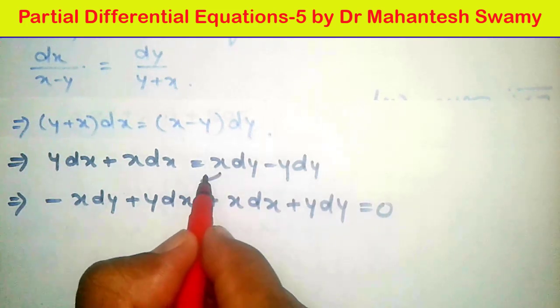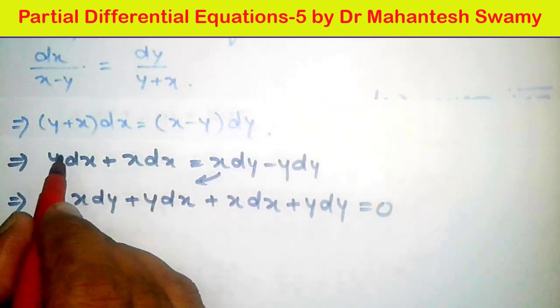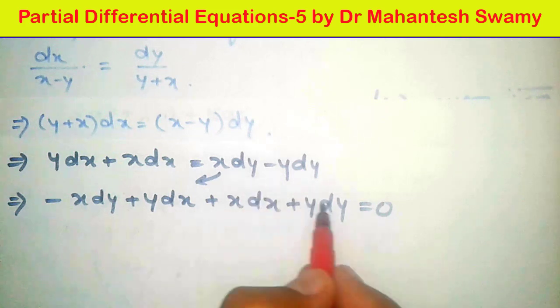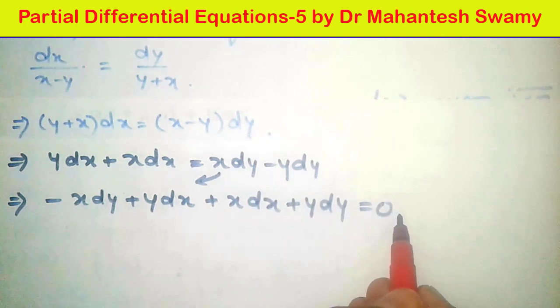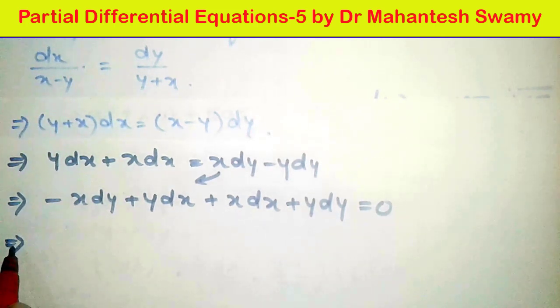First we have taken this to the other side with a negative sign, and we have written this as it is, this as it is, and later on at the end we have taken this to the left hand side, and on the RHS 0 will be remaining. Now it is better to look at the terms in this fashion, that is